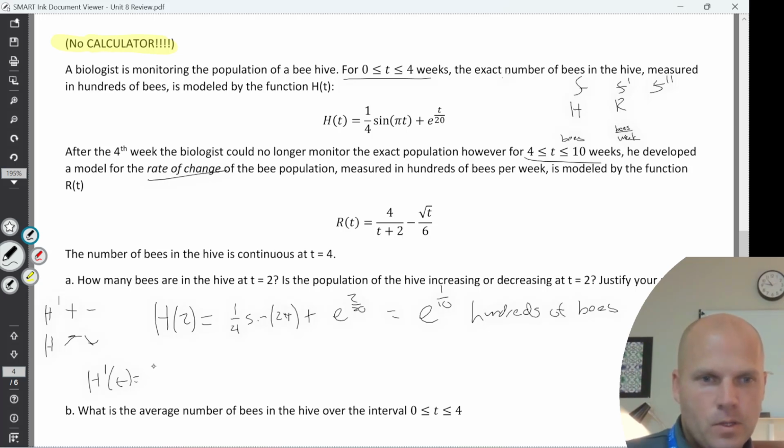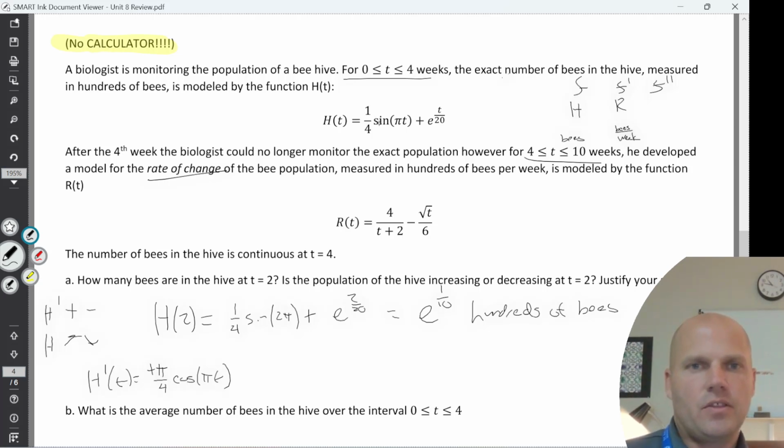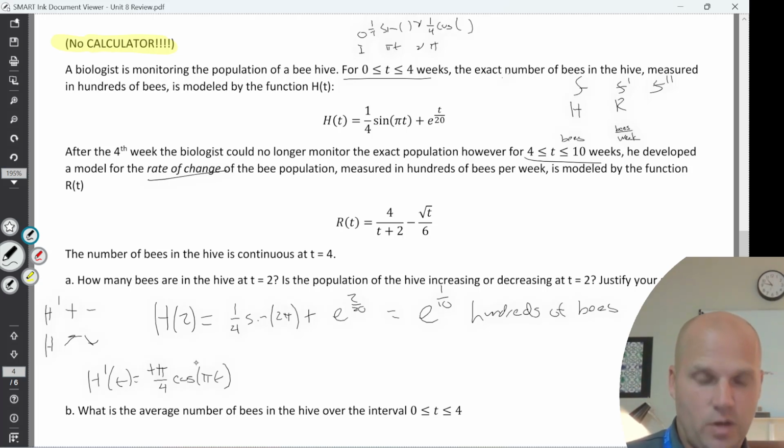The sine and the 1/4 constant stick around. The pi t will bring out a pi. The derivative of sine is positive cosine, so that's why I got positive pi over 4 cosine pi t